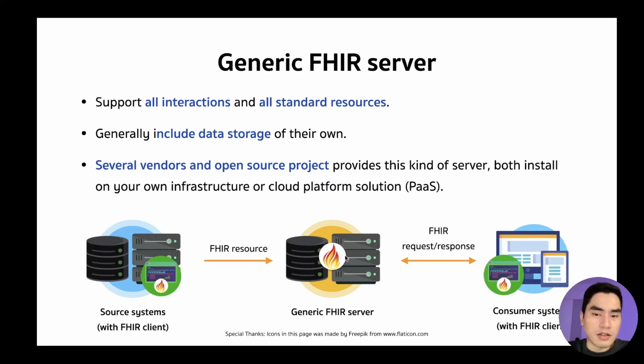They have to send to the server in the middle first, and then this server has to have additional capability to convert that request and post it to the source system, or the source system must have a way to periodically retrieve the data from this FHIR server. So it's a little bit more complicated, but the main idea is that generally it's one-way direction. The source system retrieves the data and converts it to a FHIR resource and sends it to the server.